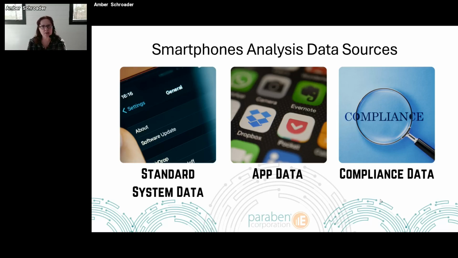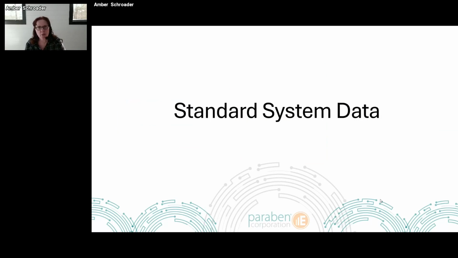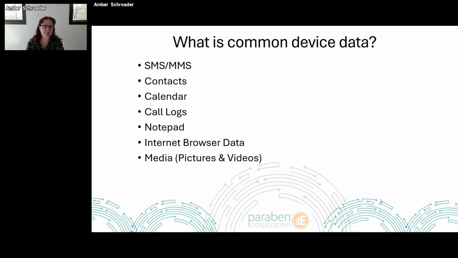And we can do some comparisons between app data and compliance data because they represent similar data sources. So I might have Facebook app data and similar data associated with the compliance data, and I can see the difference between what I collected from the device itself or from the cloud collection versus what I would collect out of that compliance information. So let's start out with our standard system data.